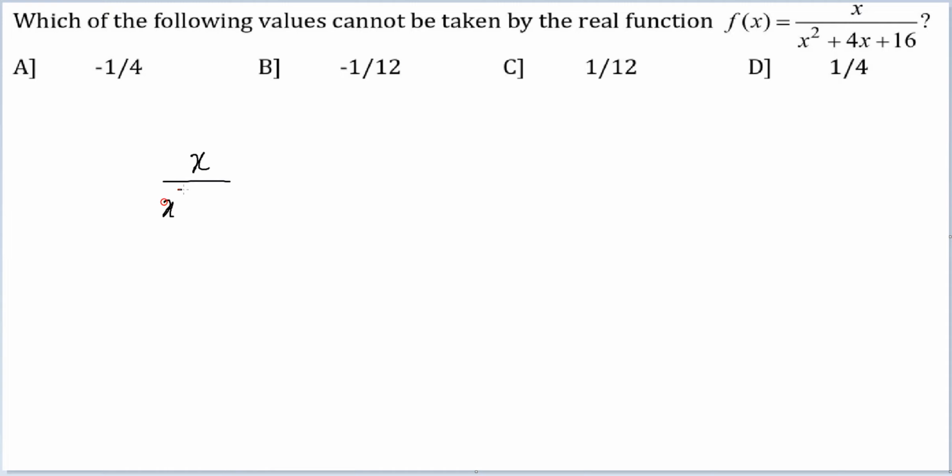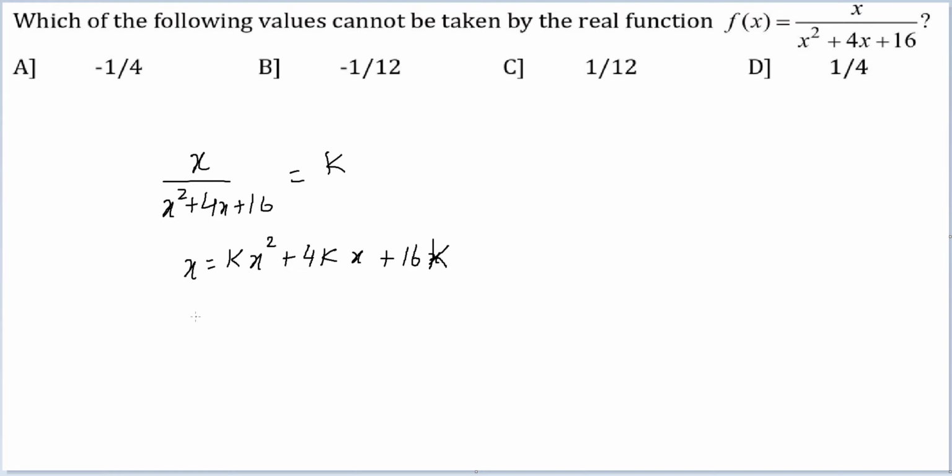x by x square plus 4x plus 16 is equal to k. The intent behind equating it to a real number is I'm trying to find out the maxima and minima of this expression. Any of the values that lie outside the range will be unacceptable and therefore they will be the answer. So x will be equal to kx square plus 4kx plus 16k,